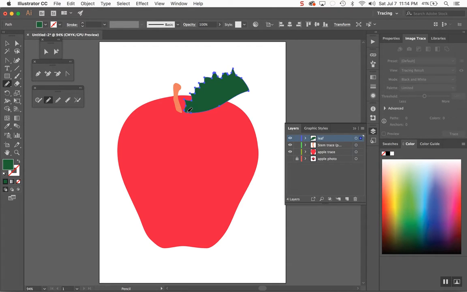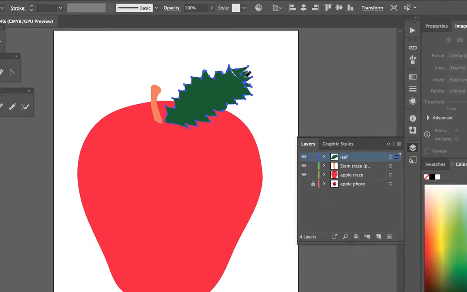I'm not a botanist or a forest ranger, so I'm not sure what an apple leaf looks like exactly. I guess I could Google it. So that looks like a scary leaf. If you ever draw with the pencil tool and it does that, see how it's